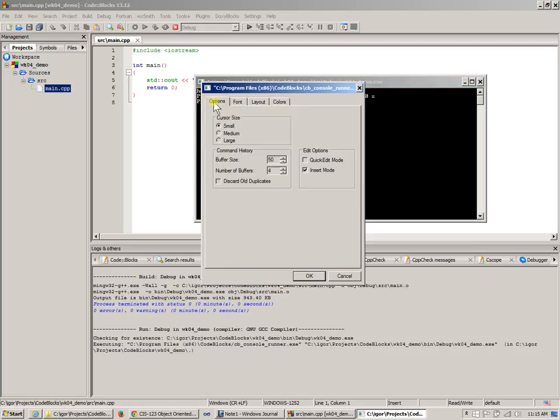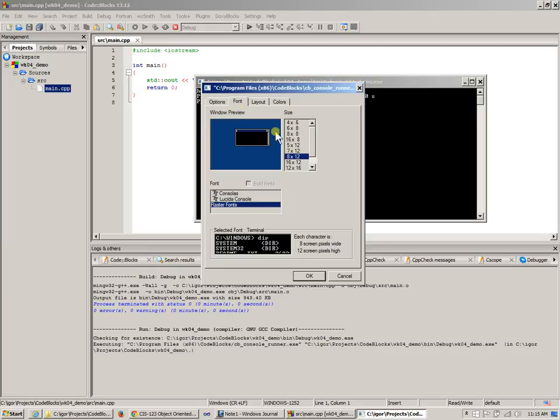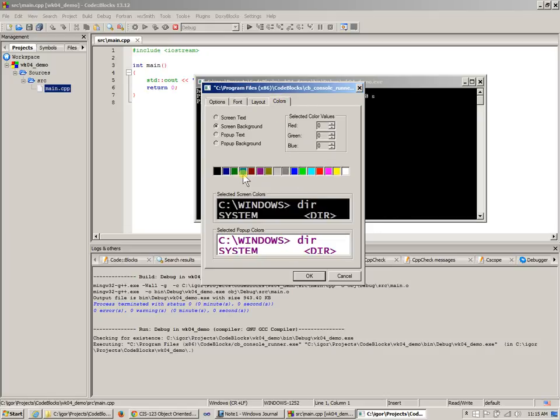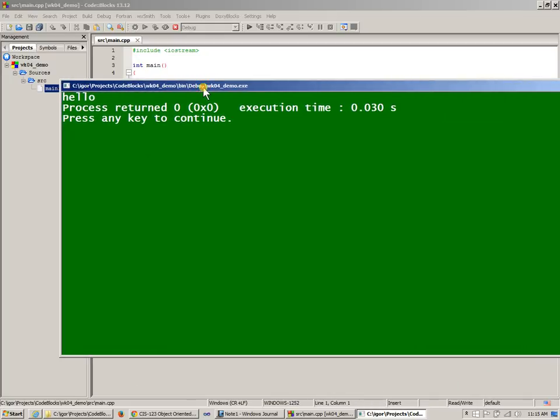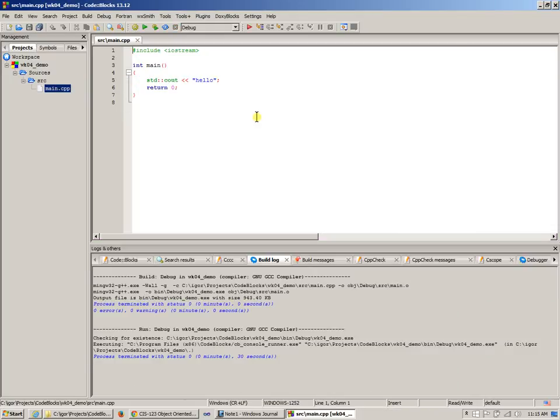But I will switch to properties and will allow quick edit mode, number one. I will also allow some larger fonts so that you can more easily see what I do, and modify the colors of my console so that it's also a little more pleasant to look at. So here's my hello, right? So there it goes. Okay,